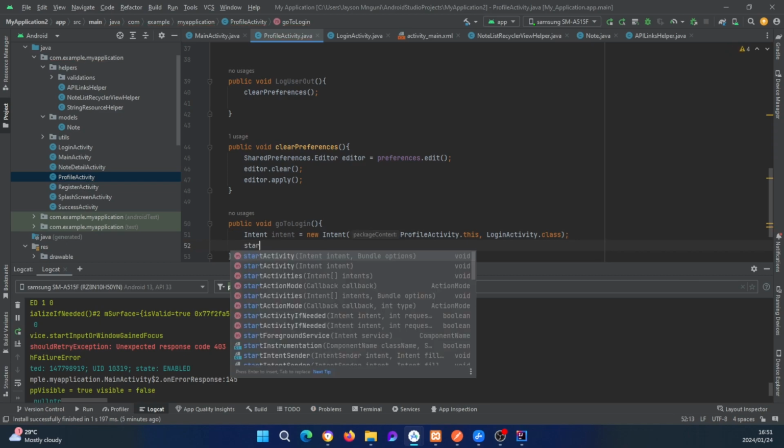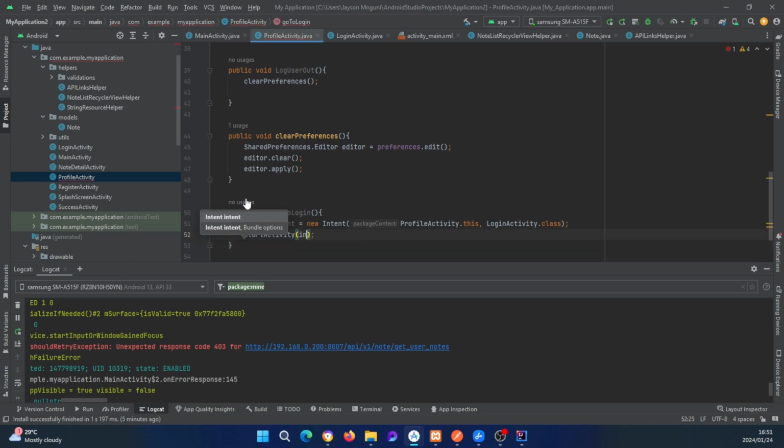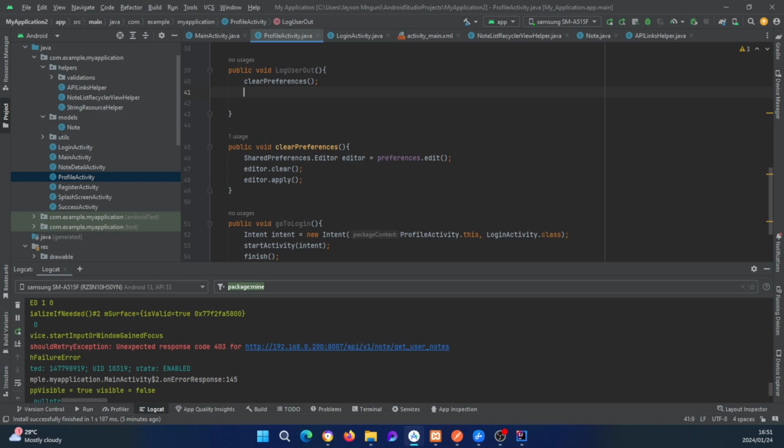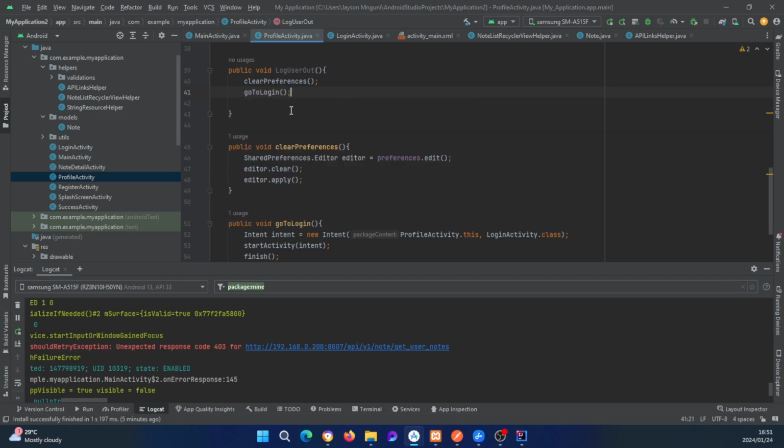Then we're gonna say start activity intent, finish. Right, so here we're gonna first start off by clearing the preferences. After that we're gonna go to the login page. Alright, then we can even leave a toast message here. We can say toast